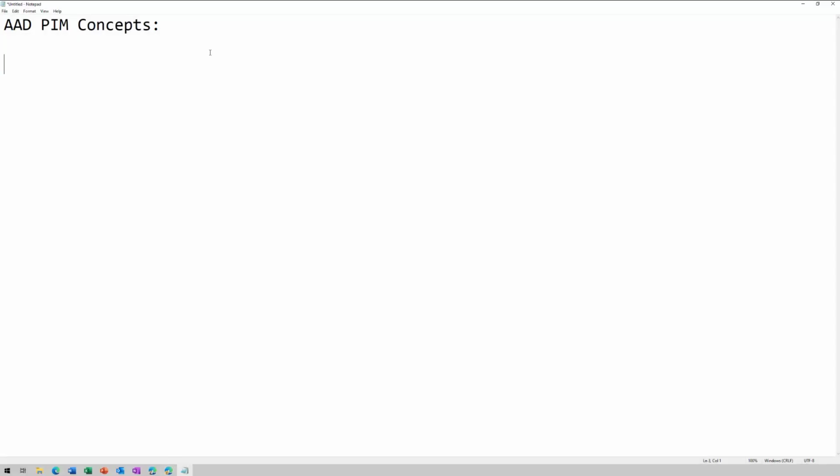Okay, let's talk about some Azure AD PIM concepts. The first concept is licensing. What I want you to know here is when you do not need an Azure AD Premium Plan 2 license, and you do not need a license,